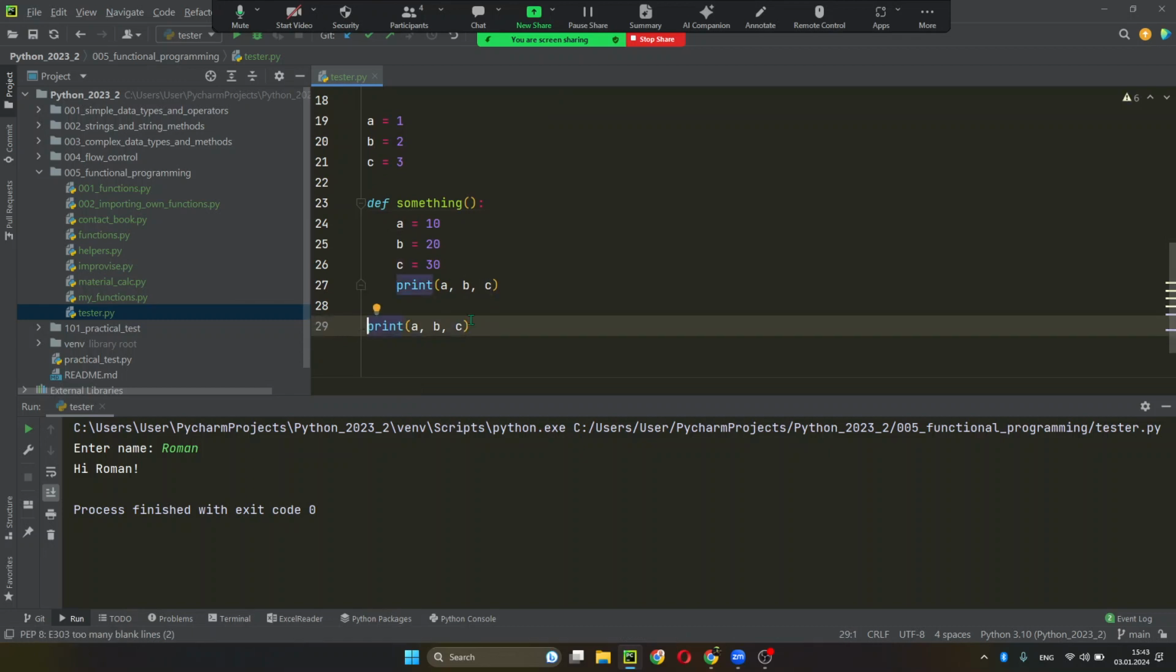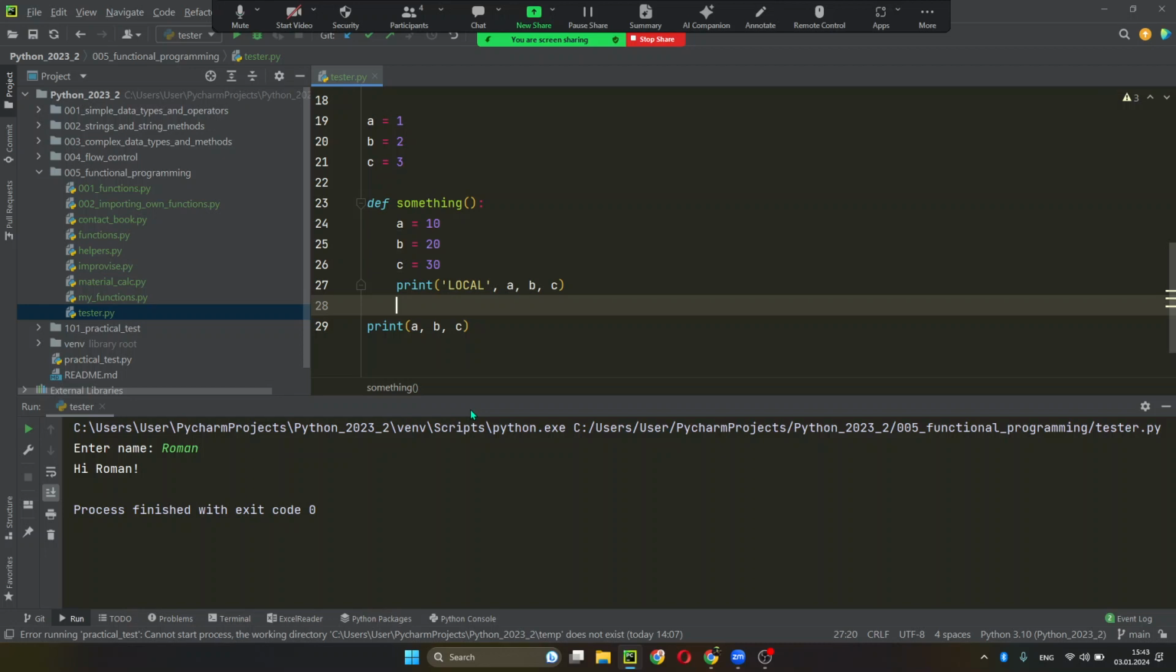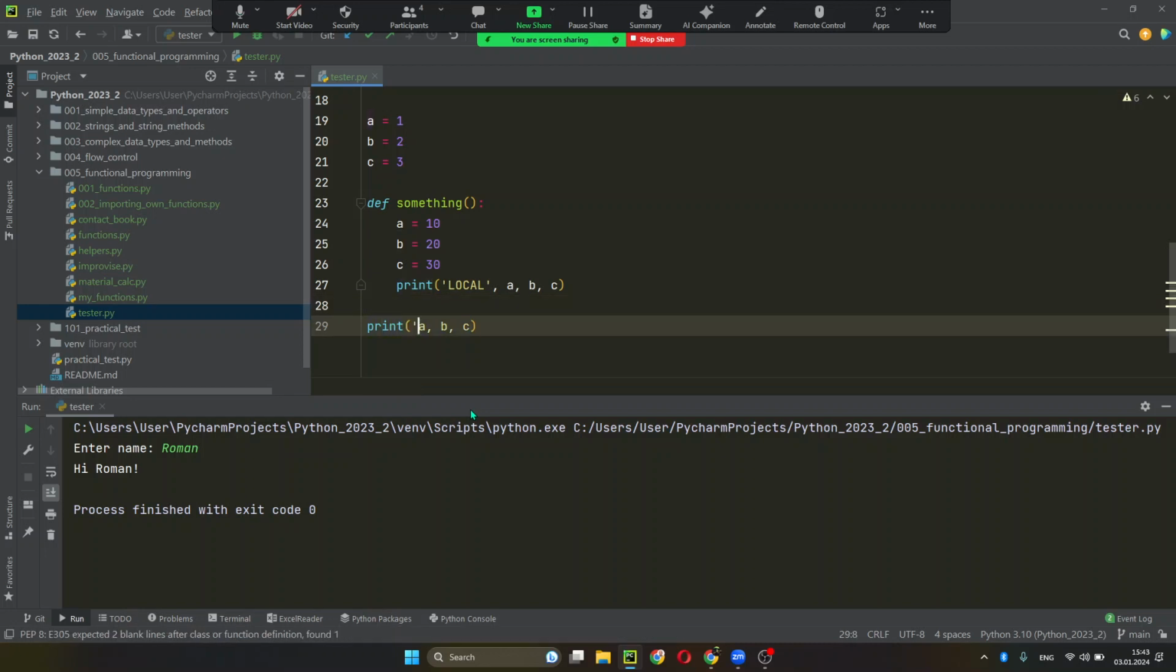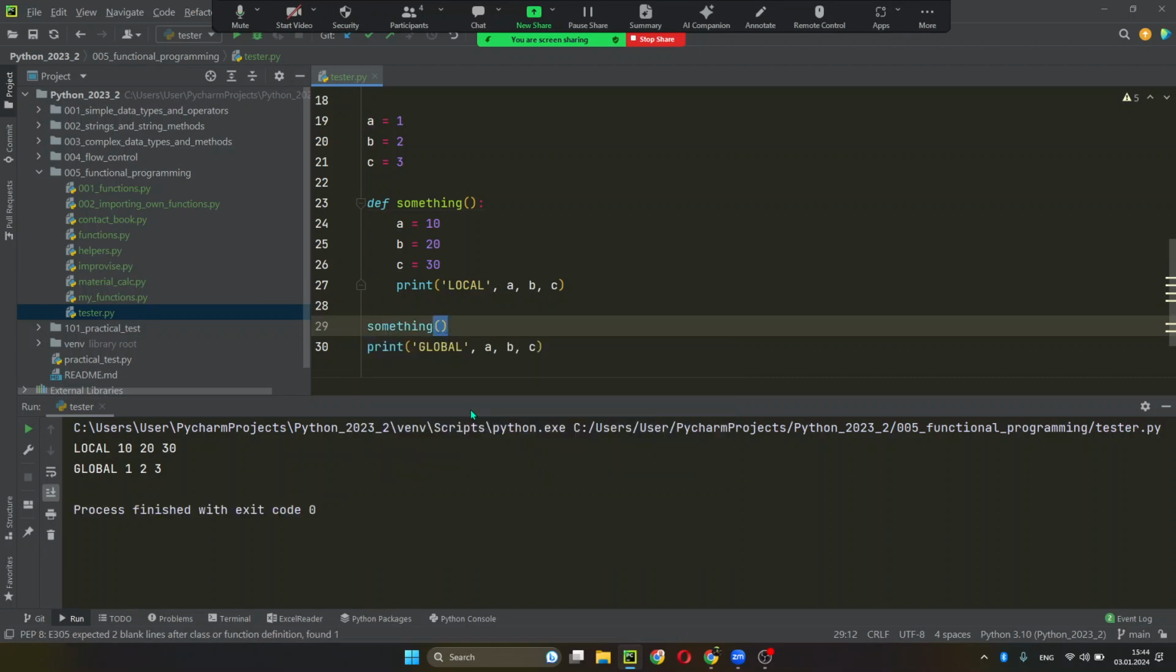So basically inside and outside is shown by these 4 spaces here. Indentation here. And let's add something like local. I'll do it like that: local and global. In order to run local, I need to run the function as well. So,